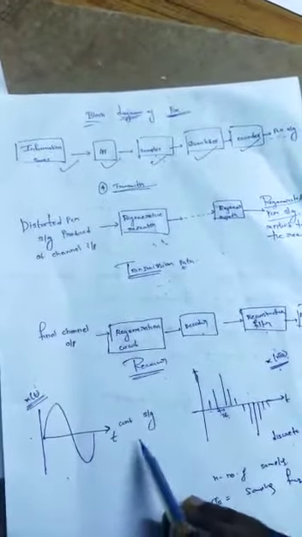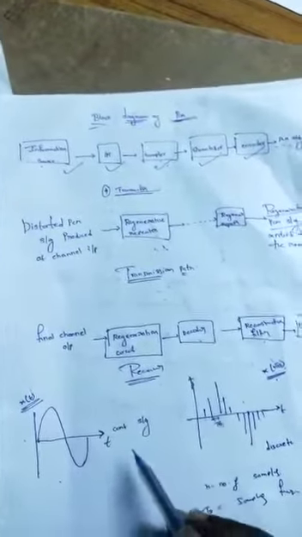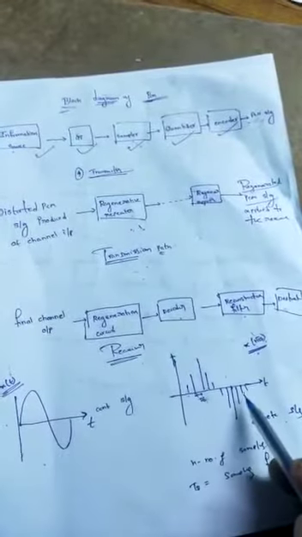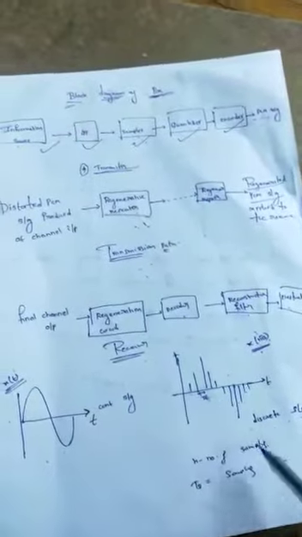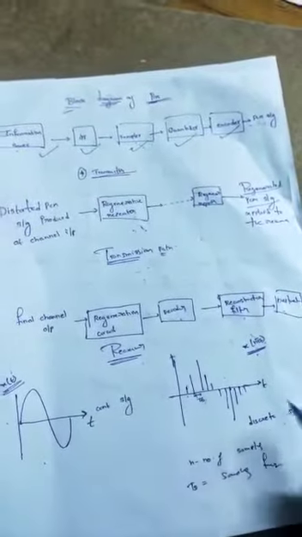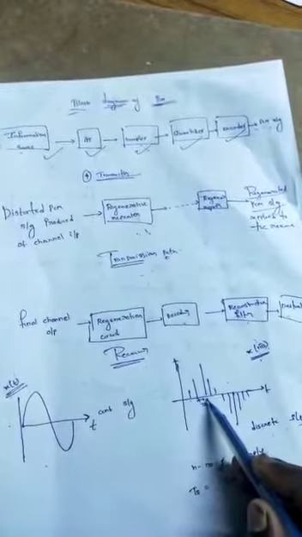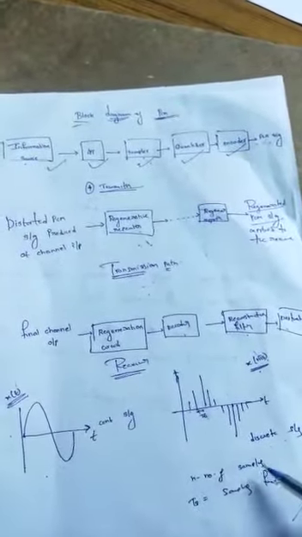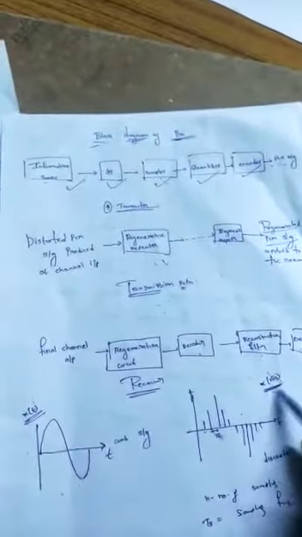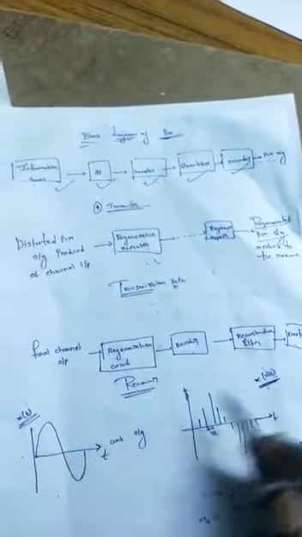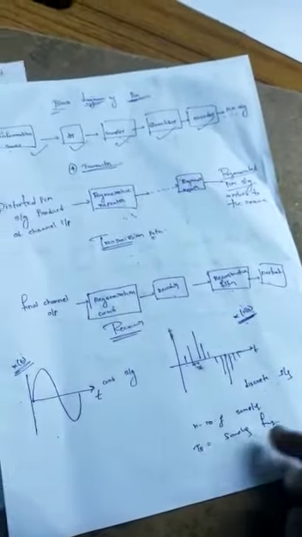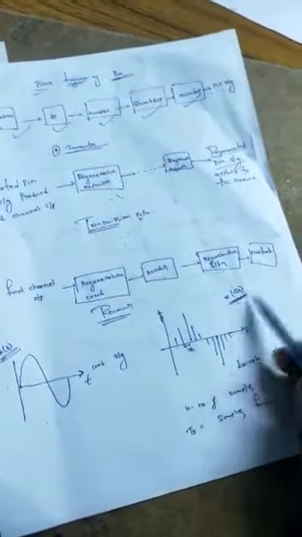This is our continuous time signal x(t), and I convert this continuous time signal into a discrete signal. Discrete means discontinuous. Here the samples are discontinuous, and the difference between two samples is Ts. Ts is called the sampling time. So the signal is x(nTs). Here x(t) is the continuous signal, x(nTs) is the discrete time signal, n is the number of samples and Ts is the sampling time period. After that, the next block is the quantizer.